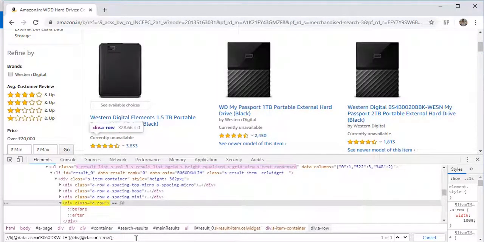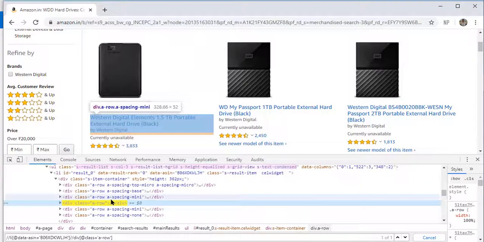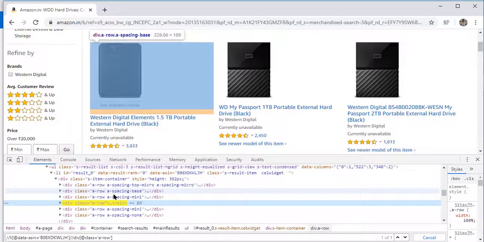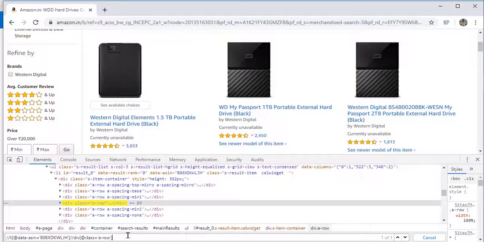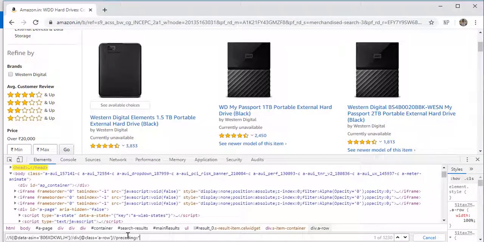So here we got this div. Okay, and we need to travel to its preceding siblings. So what we need to do? Just write preceding-sibling double colon star. Okay, so now the catch over here is, if you only write preceding, it will take all the elements preceding this div.